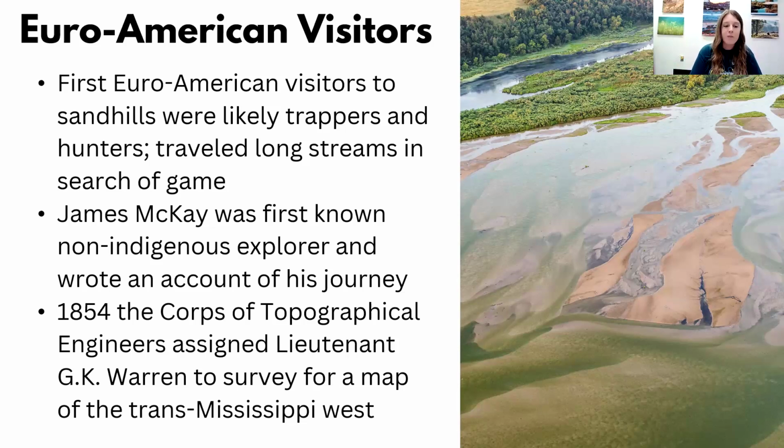And then in 1854, there was a guy named G.K. Warren, who was tasked with surveying a map of the Trans-Mississippi West. From 1855 to 1857, he moved through the Sandhills and he commented on the settlements that were here in the region. And he said that it was highly unlikely that anyone would use this area because of its unfavorable climate and lack of soil fertility. I mean, he wasn't wrong that it is unforgiving. It's arid. It is not maybe the best place for farmland, but that doesn't mean that it was useless. So I would have to disagree with him.